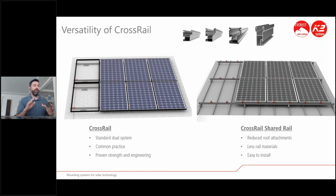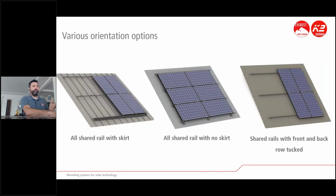If you're interested in shared rail, we can go over that another time, but I just wanted to mention that 44X does work in landscape for shared rail. As you can see in the middle there's shared rail. Dual rail is standard dual rail, 2 rails per row of modules. Shared rail basically eliminates one of the rails and moves it to share it between two rows of modules, like you see